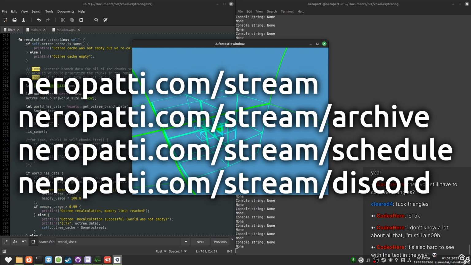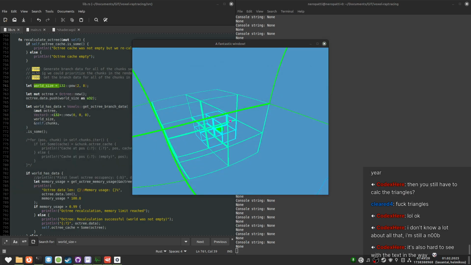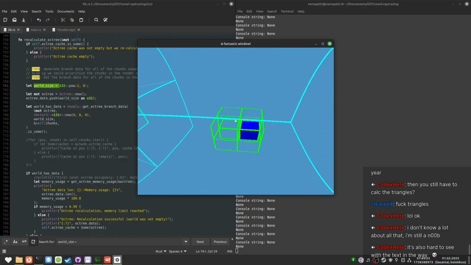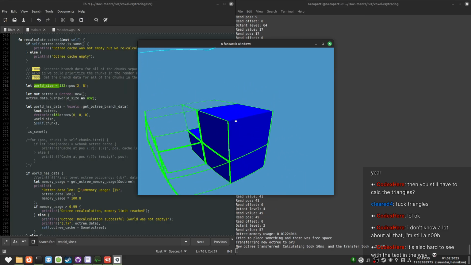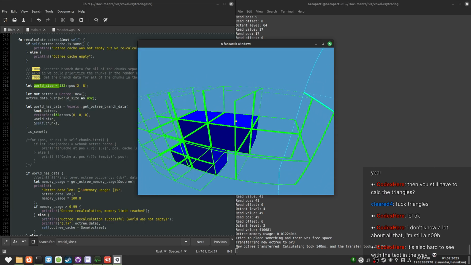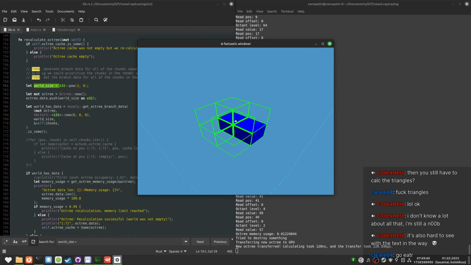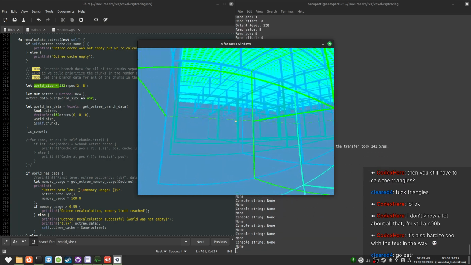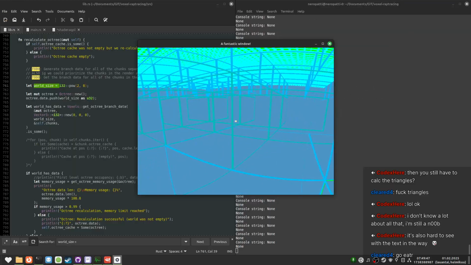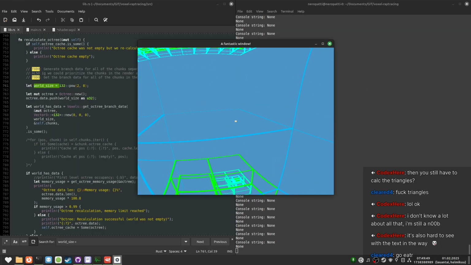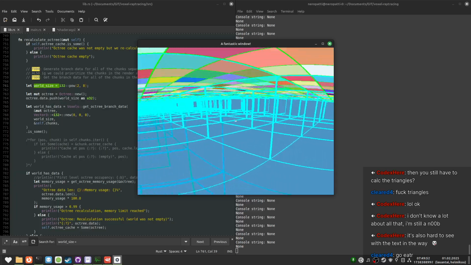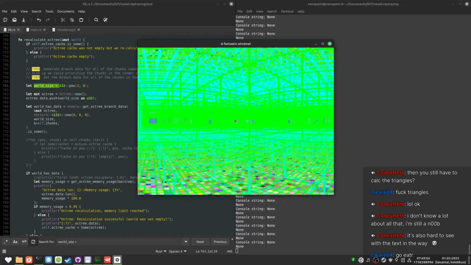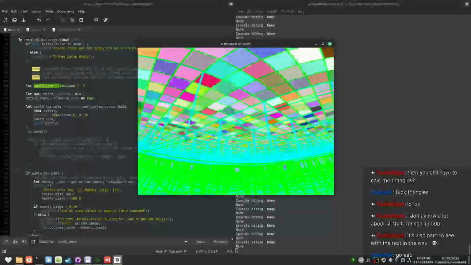Right? Oh shit! There we go. My bad. I was still prepared to leave. Anyway, yeah, we have the octants where I have a debug render that shows me where the octants exist. No, I mean, I already ate. I just need to get more water. I ran out of water while eating.